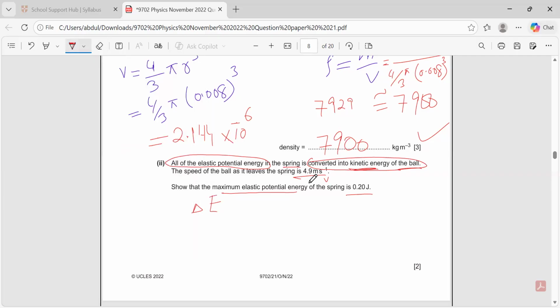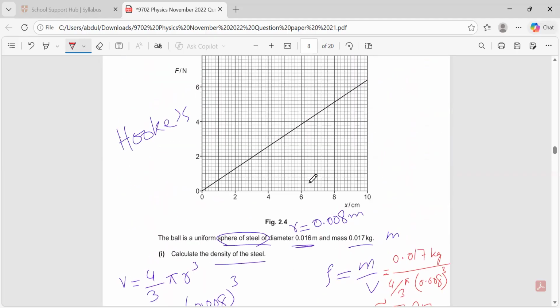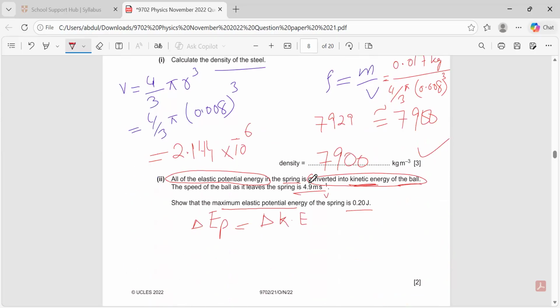Elastic potential energy is equal to change in kinetic energy. That is equal to what? Change in kinetic energy. As it starts, the elastic potential energy graph is starting from 0. So change in potential energy is simply final potential energy minus initial. So initial is 0. So simply this will be EP. And here also, this will be simply KE final minus